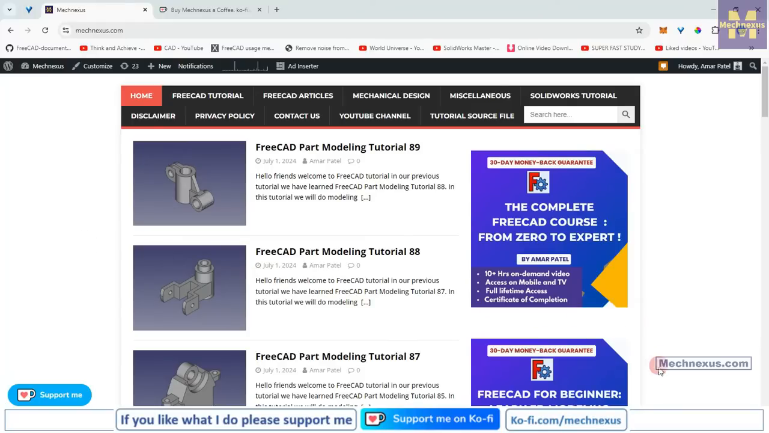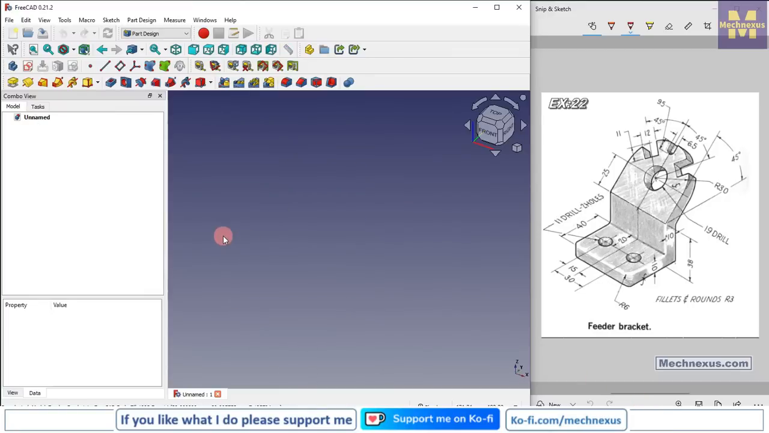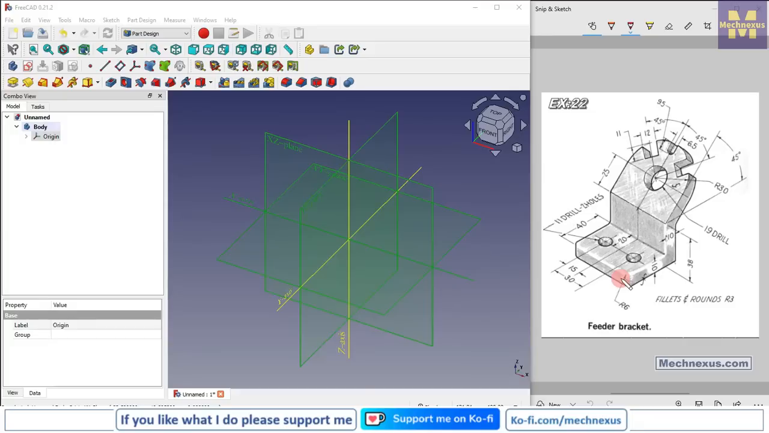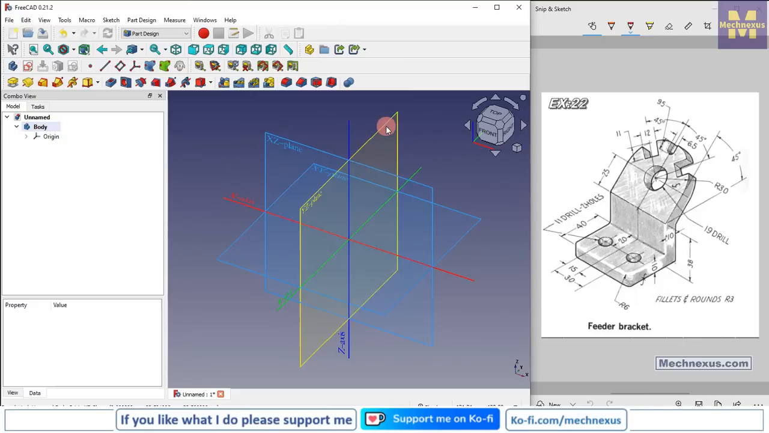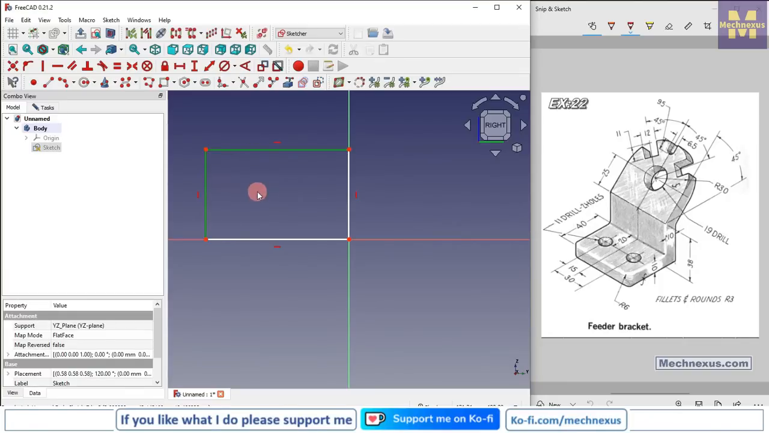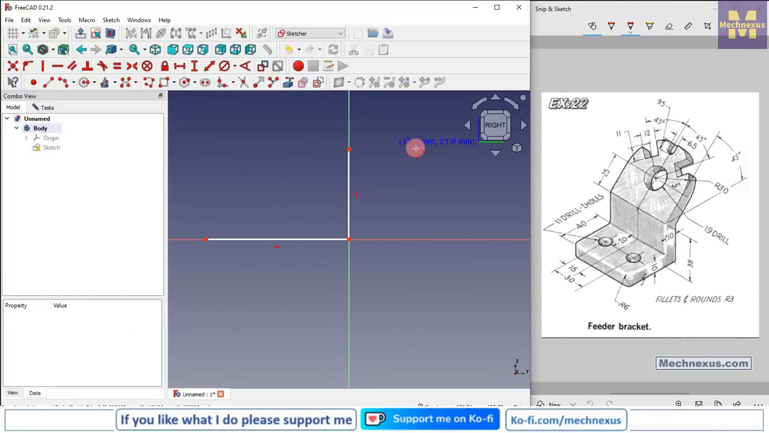So let's come back to our tutorial. Here I have created a new file, and I have activated the Part Design workbench, and I will insert my body on the origin plane. The first sketch we will create is this profile on the right plane, and then we will extrude it. So we will select the right plane and click on the sketch, go to the model tab and off the origin, and now I will create a rectangle, select this and delete it, and select a line tool